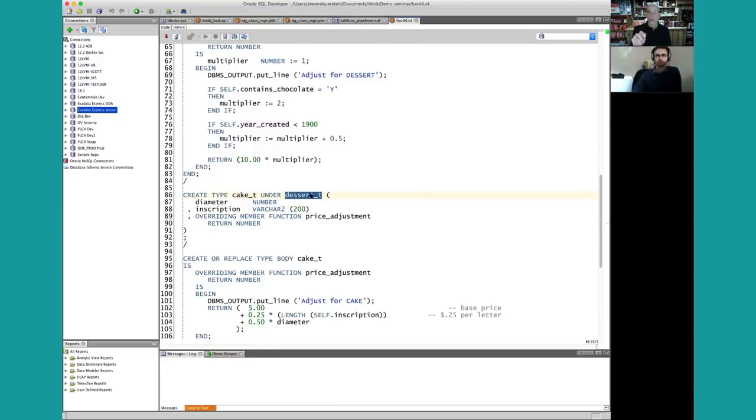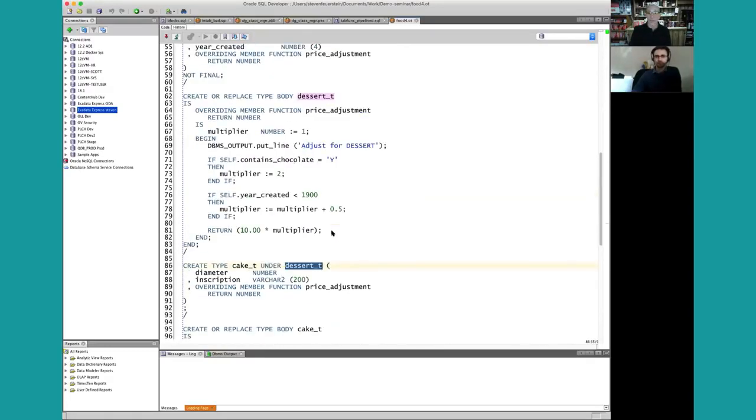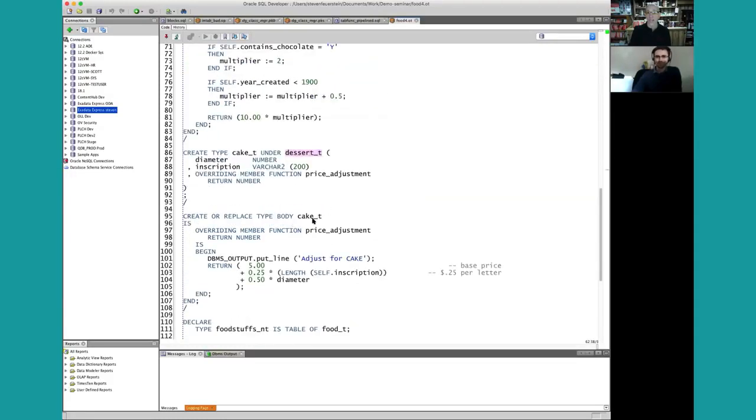The Oracle engine will decide which of my different methods in the hierarchy to call. I have substitutability. Any dessert is a food. So anywhere I have a dessert, anywhere I have food, I can use dessert. But not every dessert is a cake. So if it's a cake, it can't necessarily be used as if it's a dessert, it won't necessarily be a cake. So all of those common ideas of object orientation are available in PL SQL,